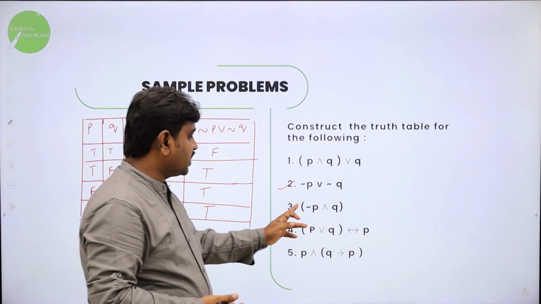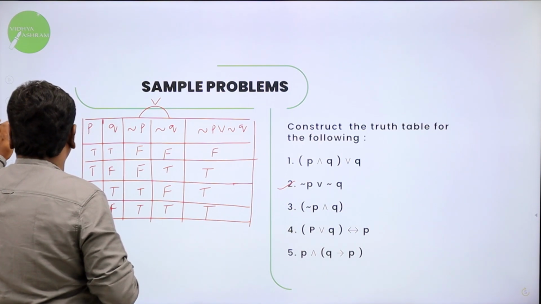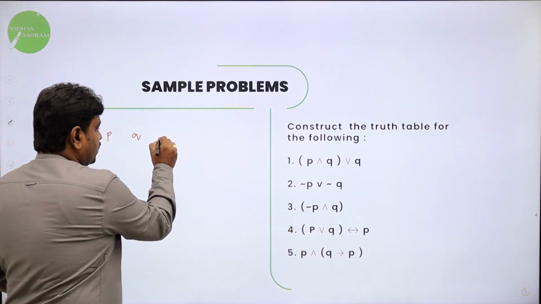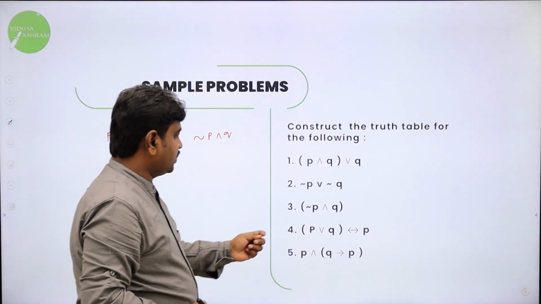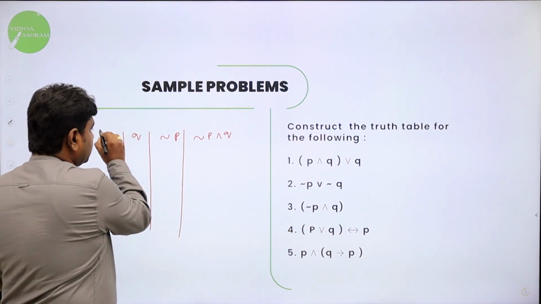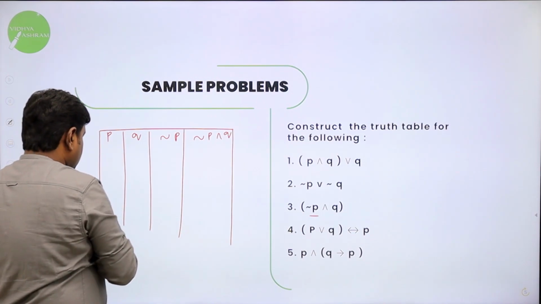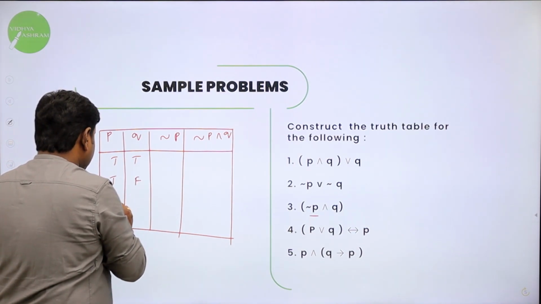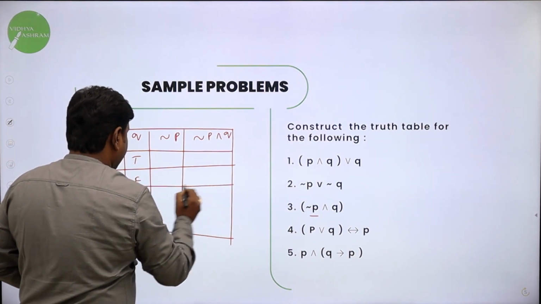Now we go for the third one, negation P and Q. So now negation P and Q. P, Q, negation P and Q. So I am constructing just negation P and Q. P, Q separately we have taken, negation P we need because here you can see negation P, and then we have and Q. So now construct the truth table for the same. Both may be true, or first one may be true and second one may be false, or first one may be false, second one may be true, or both may be false.